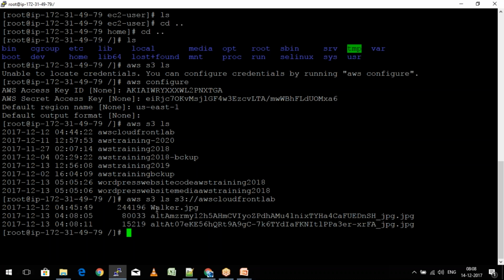So I have got 3 images, one with the name walker.jpg and some randomly generated number, and there is a file with this specific name across here. Right, so this is how we configure the user,